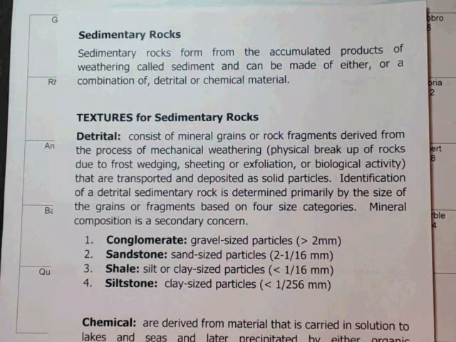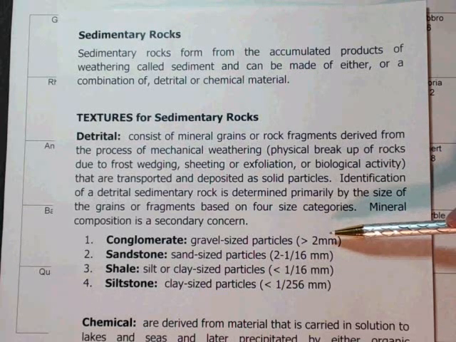We really only have 3 mineral samples, but we put all those sizes in there for you. But the mineral composition is of secondary concern. So for our detrital textures, we focus mainly on particle size, okay, sediment size. And so we have this first one here,